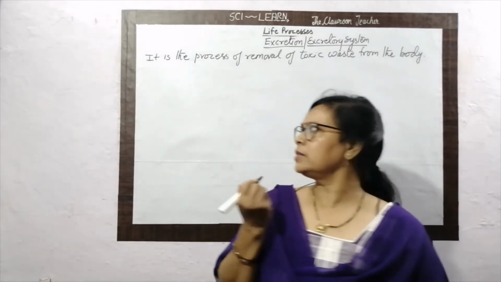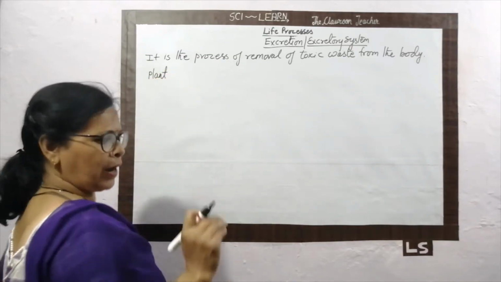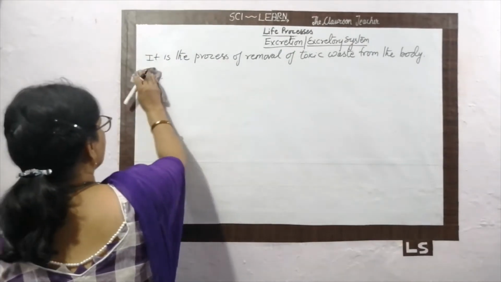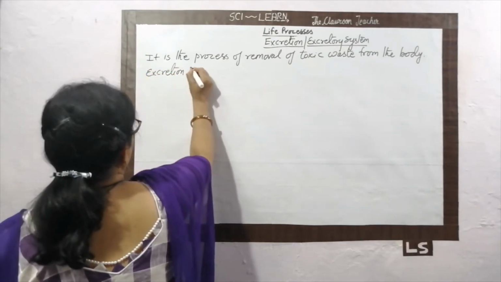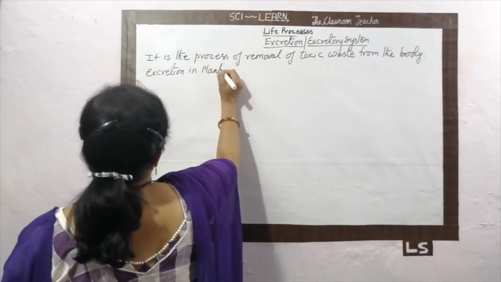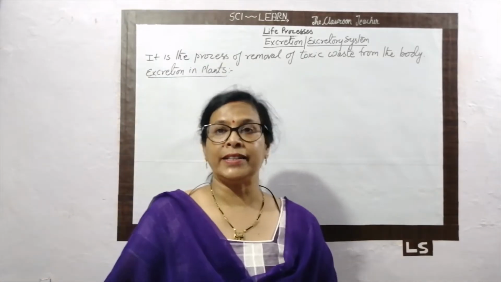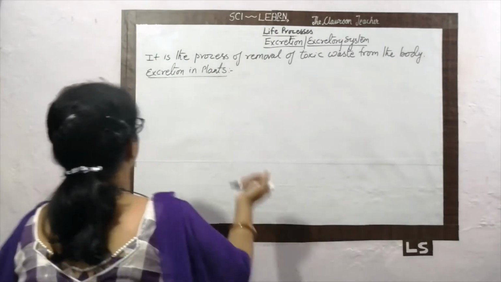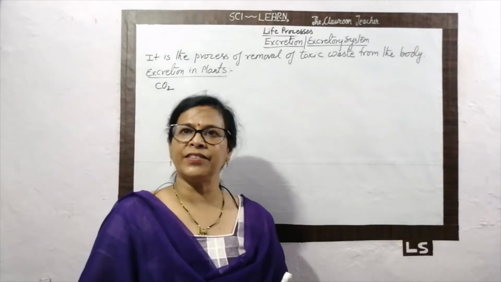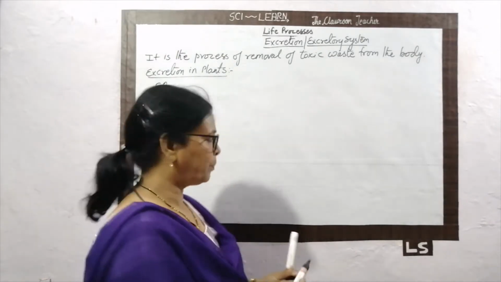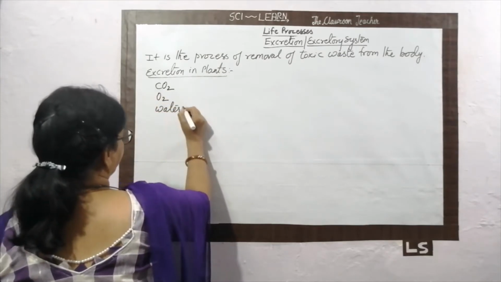First we talk about the plant. What happens in the plant for excretion? That is the excretion in plants. First we have to know what the waste products generated in the plant are. First is carbon dioxide. What is the second substance generated here? That is water vapor, or in the gas, it is oxygen, and then water vapor.